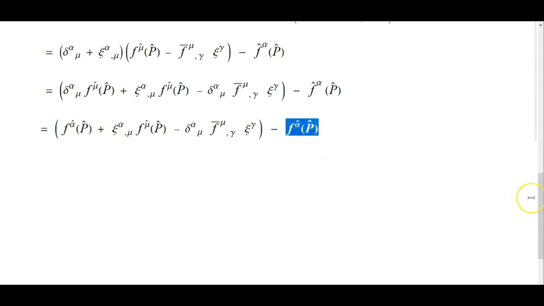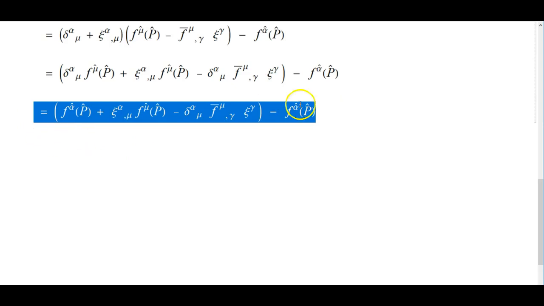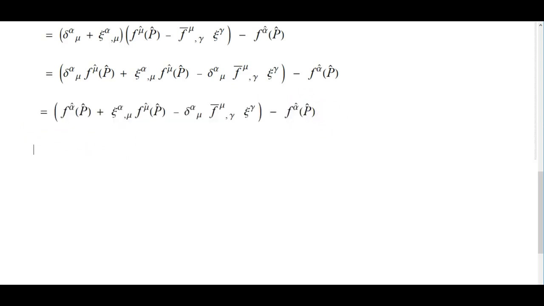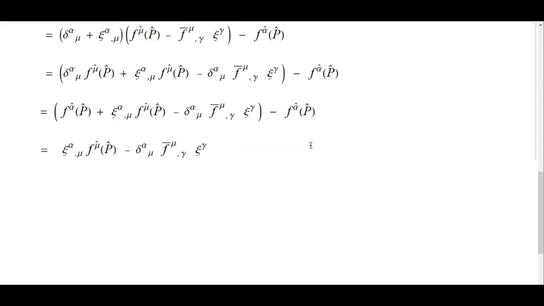Just fixing the notation here. This is also here like this, and here also like this. So this minus this is gone. What is left now? What is left is this, and then after 1 second this is left,